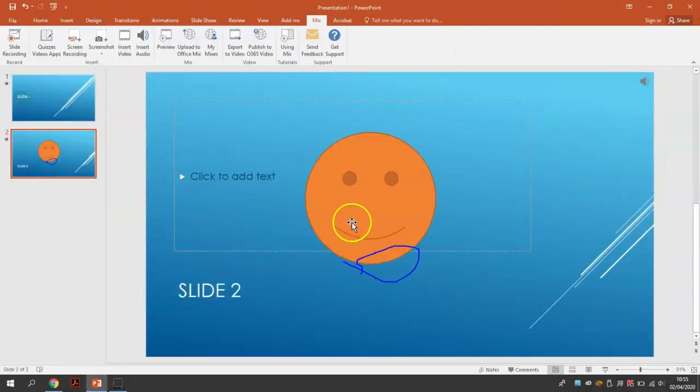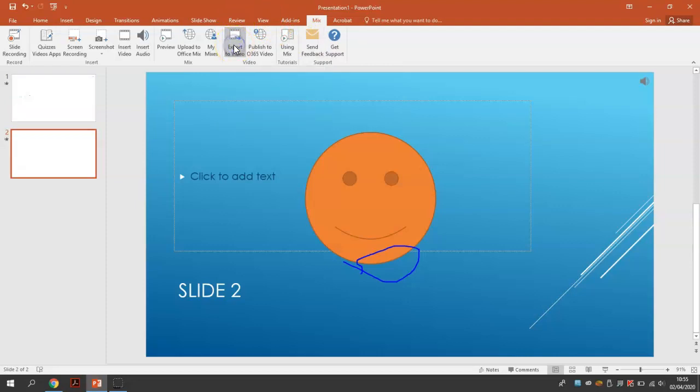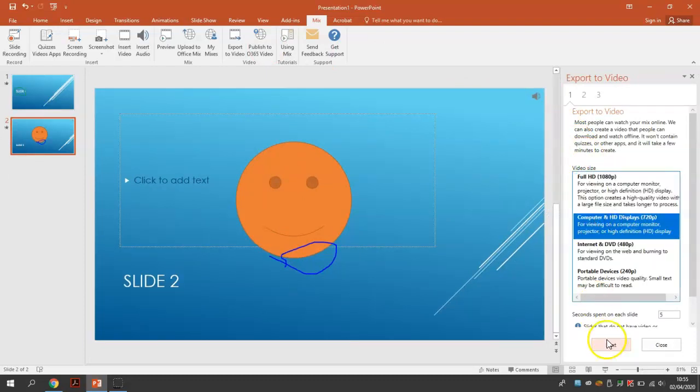and now the annotation, you can see it's added to the slides, and the audio has been added to the slides as well. And now what I want to do is make a video file of that, so I'm going to go to export to video, and then I'm going to choose one of the options. 720 or 1080 will work, so I do 720,